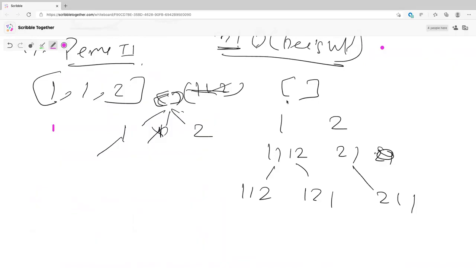These 1, 2, 2, 1, 2, 1 are basically your leaf nodes, right? And from the root, you're trying to go to your leaf nodes. The way you do it is by doing recursive DFS calls, like what you also do in a tree.